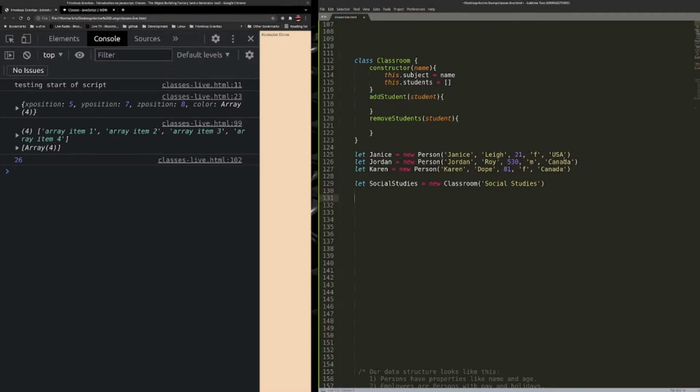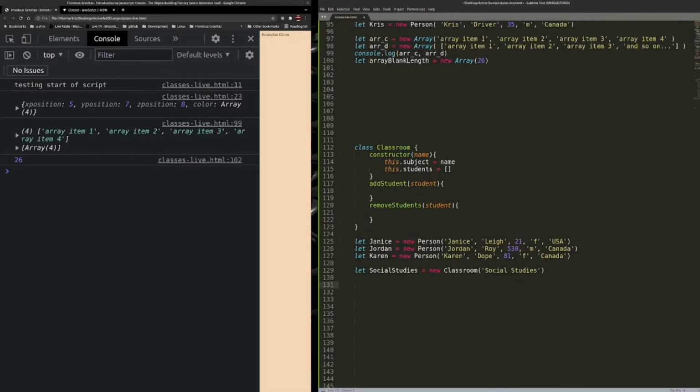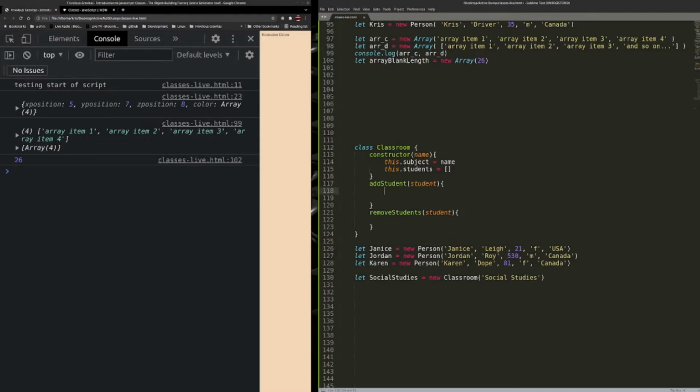Now, how do I add a student? So I'm going to create a method here called add student, then I drop a student in. A student is going to be one of these people. So I'm going to have to check to see if the student's already... Yeah, so students is an array, so I can use array methods on it. And that's where I'm going to use my if check. If this dot students dot